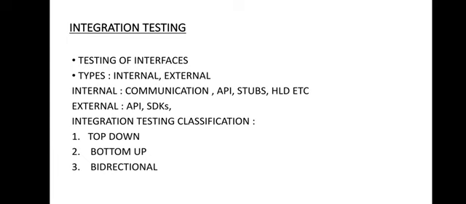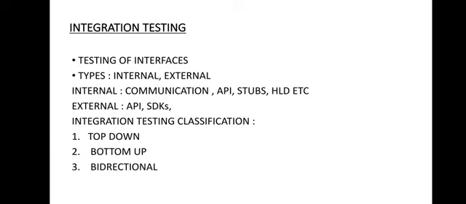So when we navigate from bottom up, integration starts from the component at the lowest level and goes to the highest level, and we can also optimize the number of steps. We can combine 2 to 3 modules into a single one. So both are opposite things, top down and bottom up.